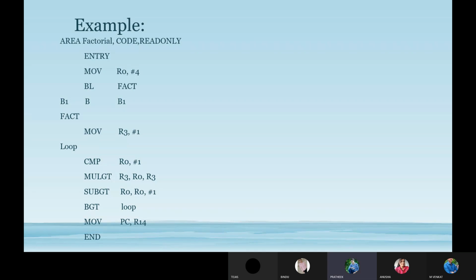This loop continues and the comparison changes, and it goes on until we get the factorial in R3, and later the return address goes to R14. We have to store the return address back to PC, and it is stored back in PC and it ends.